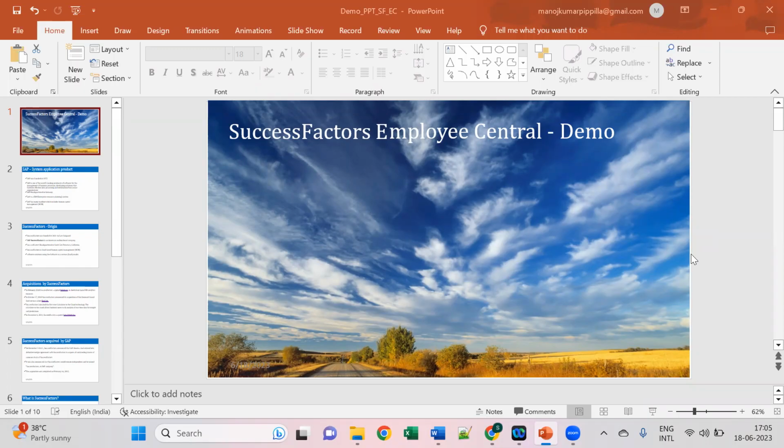People who are already working on SAP, people who graduated recently, or people who are working in other technologies and don't have knowledge of SAP or SuccessFactors, for all of you, this is from scratch. We will start from what SAP is and how it is used. So first of all, what is SAP?